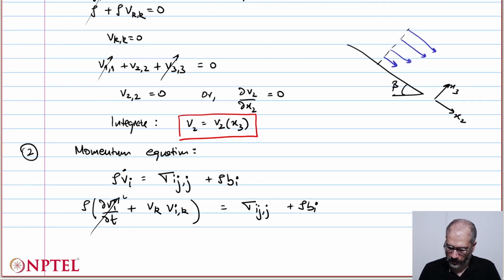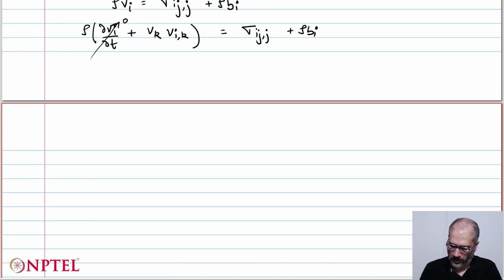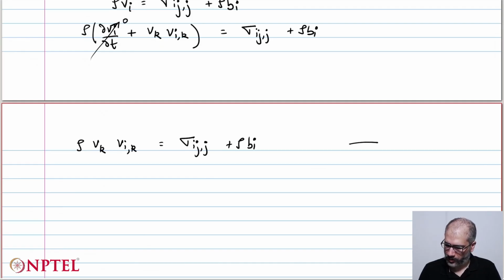Now this is a 0 because we know it's a steady state situation. So we are left with this equation where we have rho times v_k times v_i comma k equals sigma_ij comma j plus rho B_i. So let's call this 2,